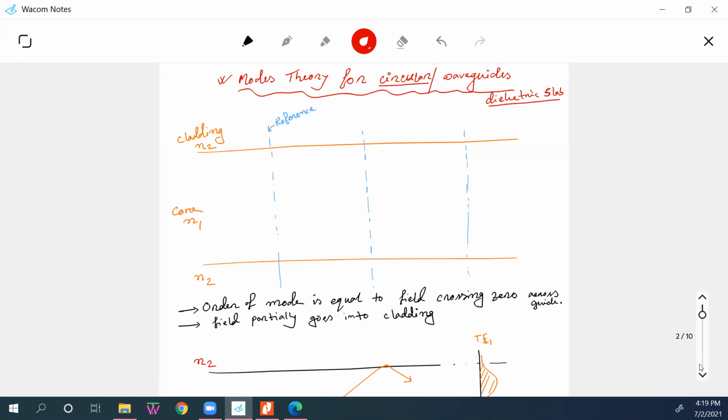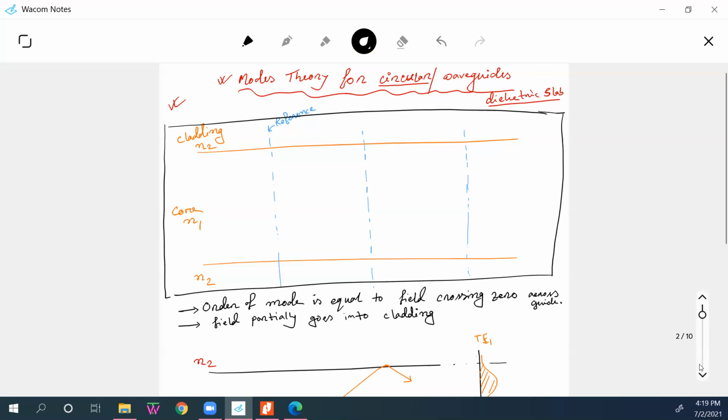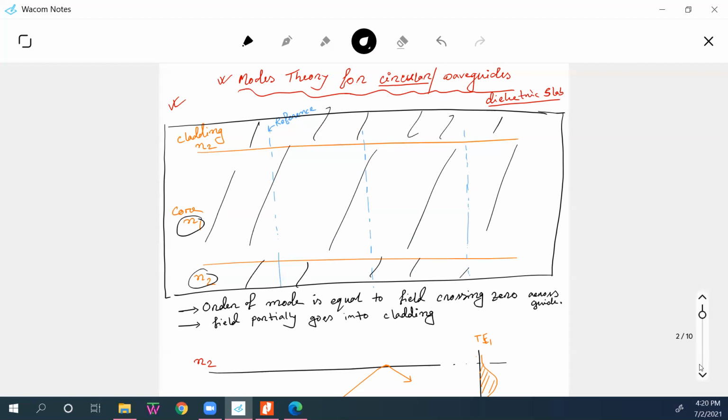Imagine this is not yet an optical fiber. We took a dielectric slab. Of course, the optical fiber itself is a dielectric, right? So we took an imaginary ideal dielectric, for example this dielectric in the box. In this dielectric, we have two kinds of refractive index. In this area the refractive index is N1, and these two areas have a refractive index of N2. Like we use two kinds of material.